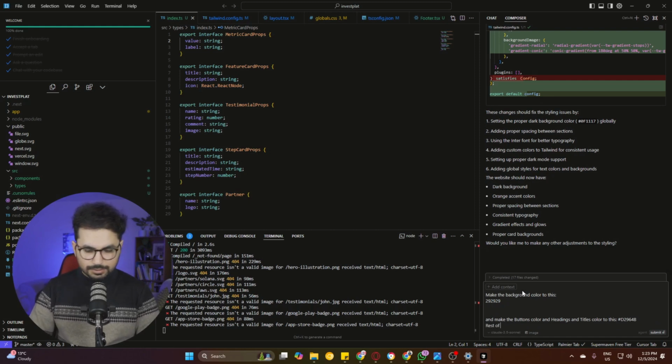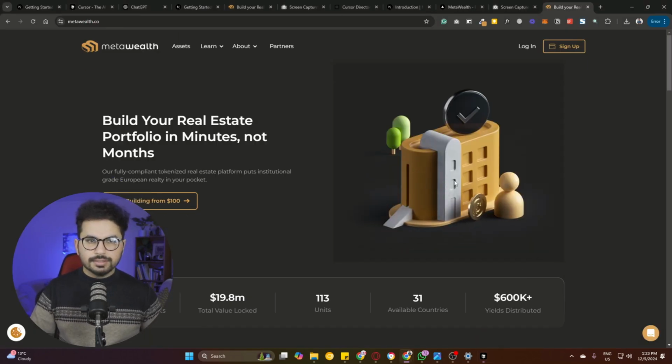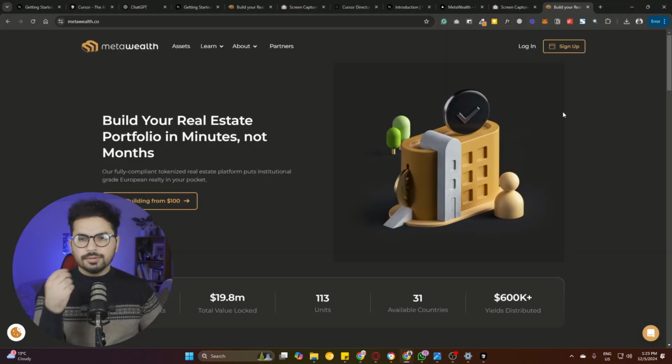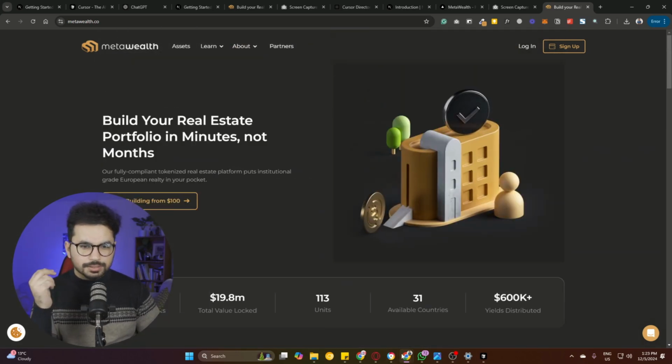Rest of text color will be white. Alright, so we'll just do that. And next thing, let's just click on submit and see what it does. Once it updates that color, next thing that we need to do is